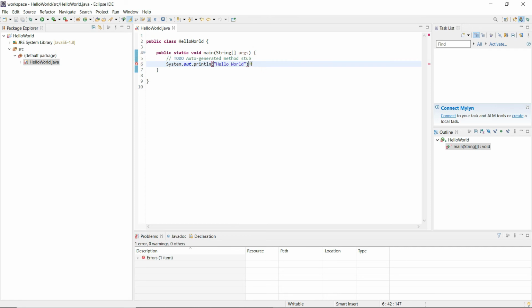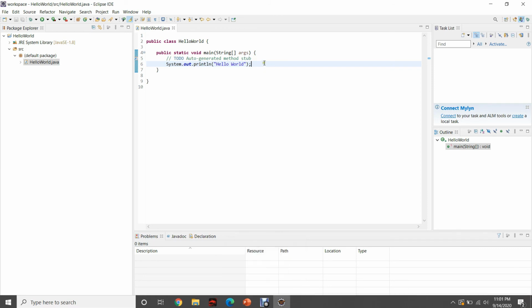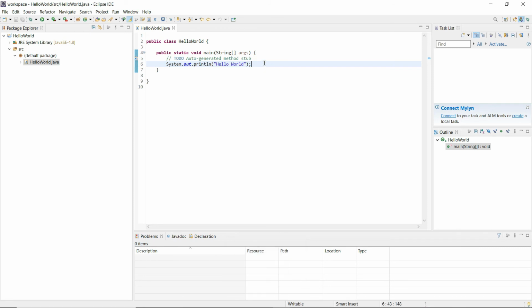Here I have purposefully removed the semicolon at the end of the line to show how the inline syntax checking will work. So here the syntax checking is kicking in, and the IDE is showing the syntax error which we have made while writing the code. In the previous case, we have seen how it was being done at compile time. So this is how the inline code compilation and syntax checking is being done inside the IDE.